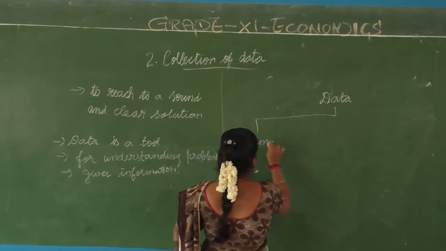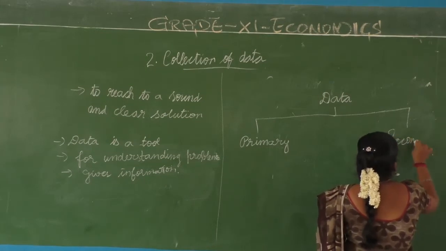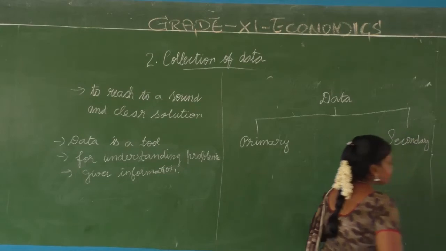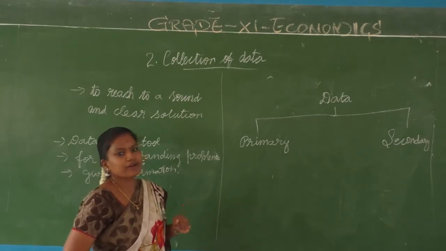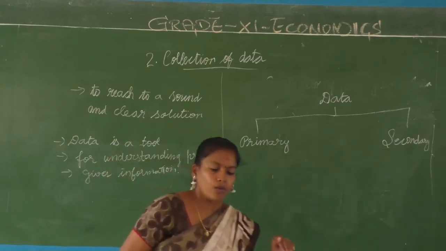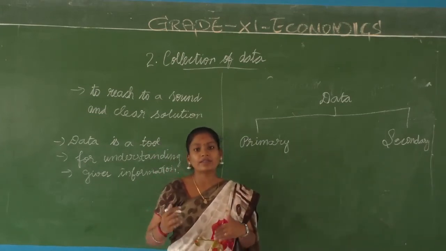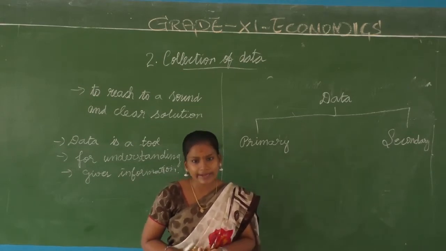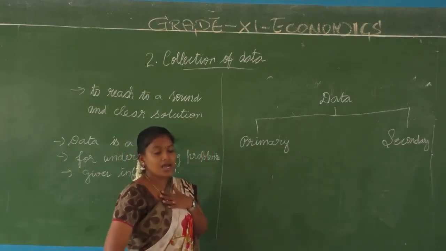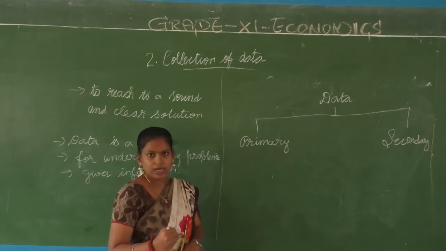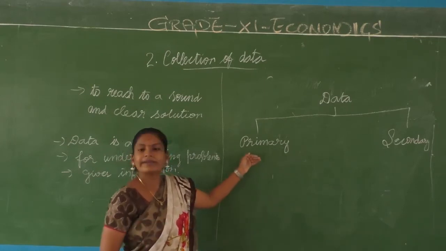One is called primary data, another one is called secondary data. Primary data is collected directly from the source, directly from the people. For example, I spoke with each and every one of you to know whether you are able to understand, whether you are writing your test and everything. I spoke directly to you. That is primary data. When the researcher speaks directly with the respondent and gets the information directly, which I am going to analyze, it is called primary data.